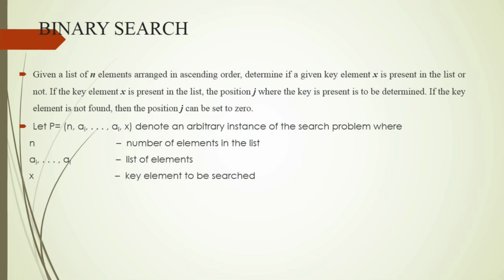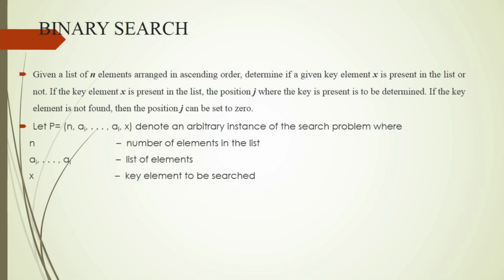Binary search algorithm works on an input of n elements which are sorted in ascending order. So let us define this binary search problem. Given a list of n elements which are already arranged in ascending order, that is, smallest element to the largest element, we are supposed to find out if a given key element is present in that sorted list or not. If the key element is found, we need to return the position where that element was found. If the element was not found, we will return the value 0 to indicate that the element was not found.